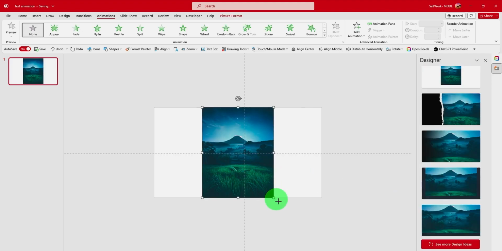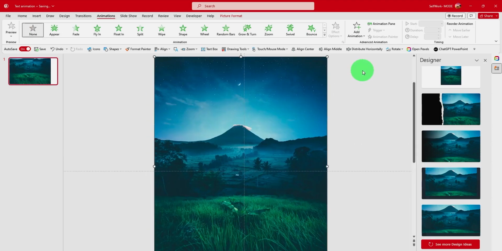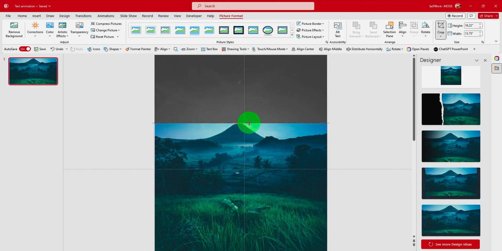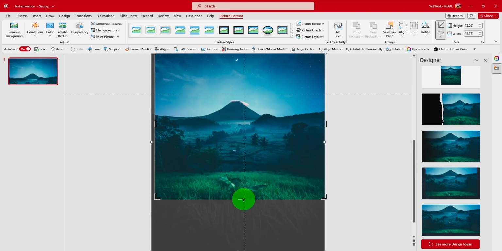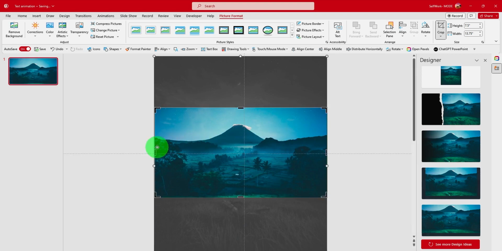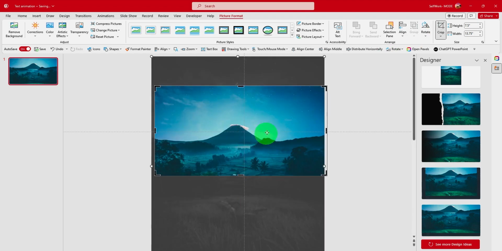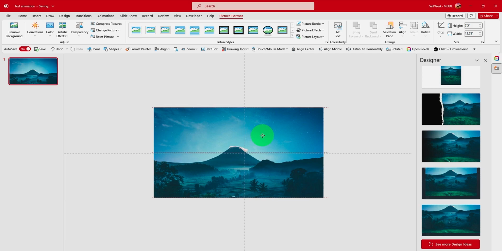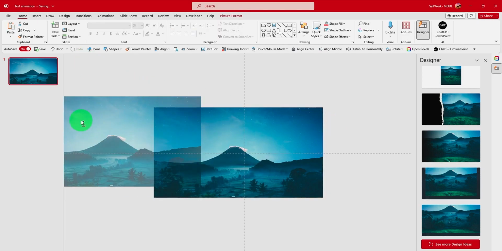And now I'm first going to crop the image, so let's go to crop and crop this image. And now I have to create a copy, so Control